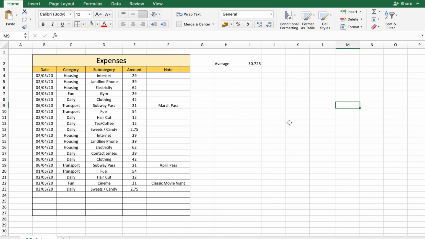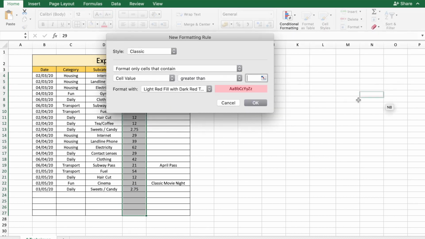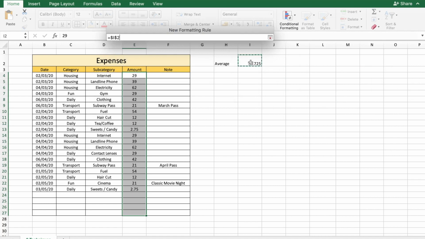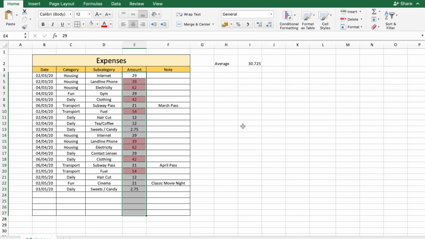So now if you wanted to highlight all the cells which are greater than the average in the range E, you need to select the range, go to conditional formatting, highlight cell rules, greater than, and out here one could put I2 cell and say OK, and there. This would highlight the cells which are greater than the average.